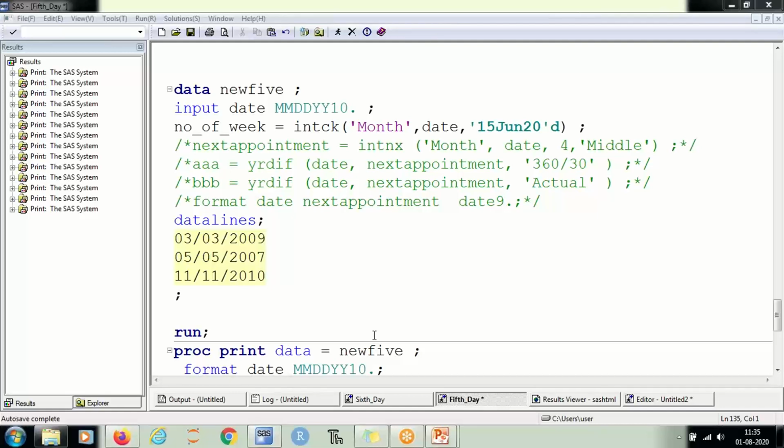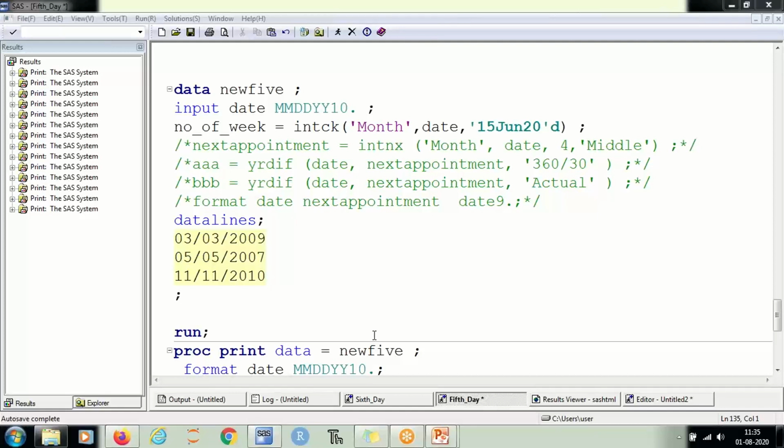That's informat. So input, we are reading this data, right? Which are given in the datalines.